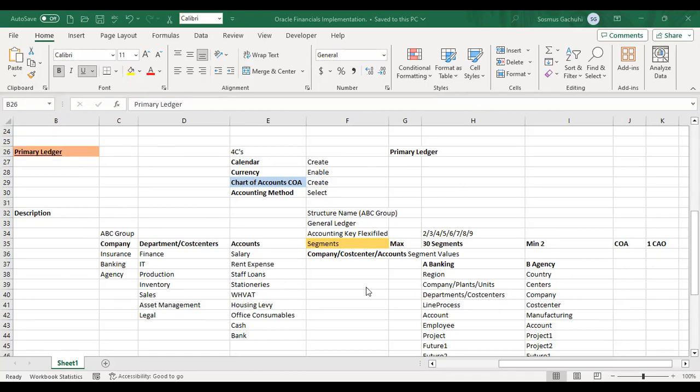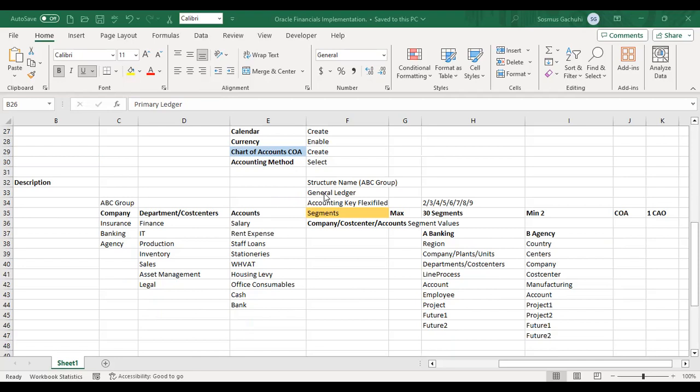So the greatest thing is that we managed to note that we only need to create calendar and chart of accounts, but for currency and accounting method, we enable and select sequential. So in today's session, we looked at, on a very high level, what we looked at last time, and that's all about